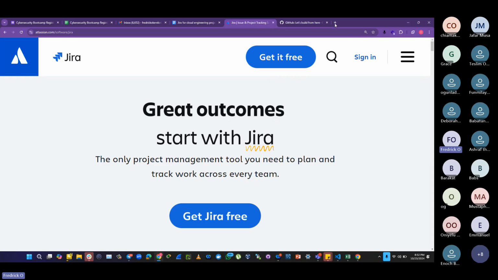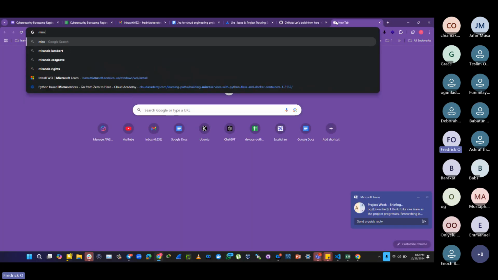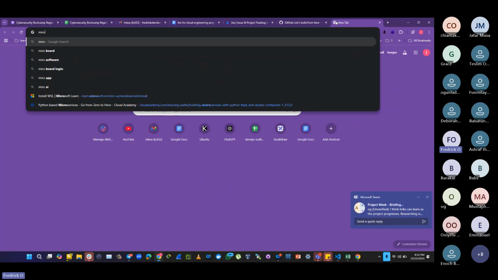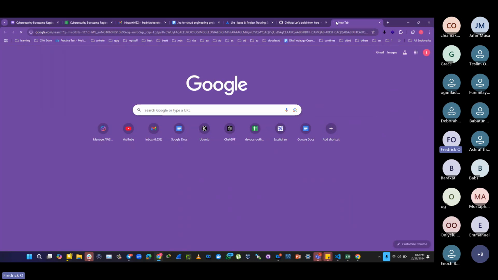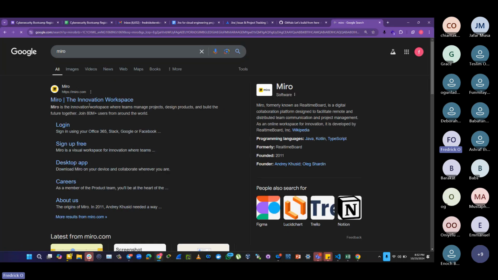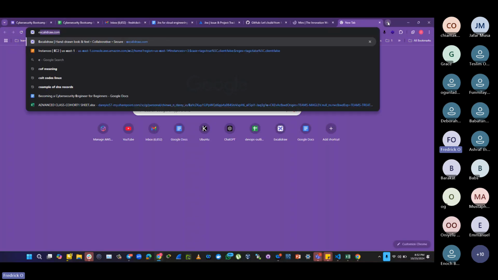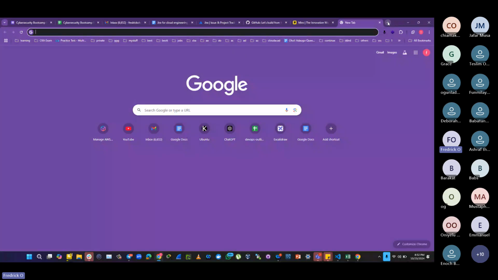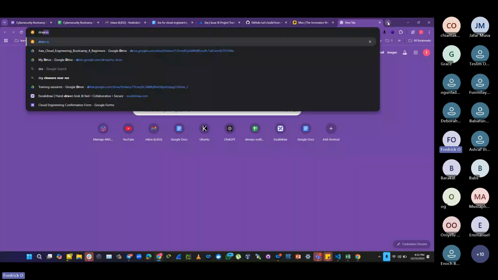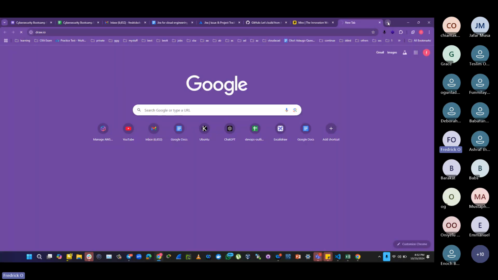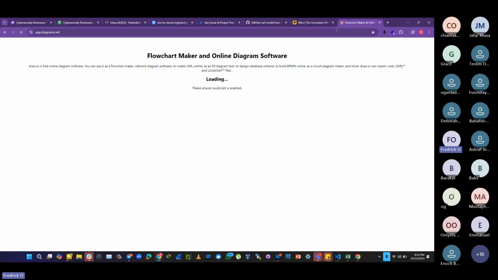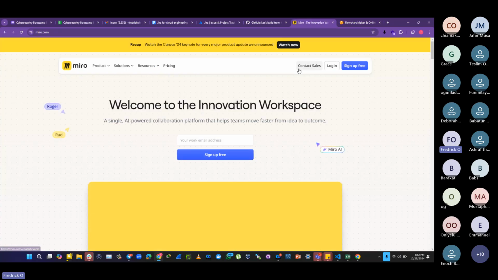The next thing I want you to set up is either this tool called Miro. Okay, there's a tool called Miro. This is Miro. So either you want to use this Miro tool or you want to use Excalidraw, but Excalidraw might not give you what you want. So we can use draw.io or diagrams.net. I think it's the same thing. Either draw.io or diagrams.net, they should be able to give you the same thing. Do you understand?